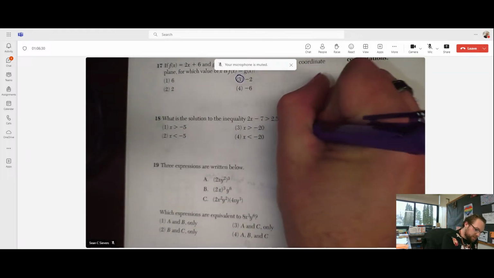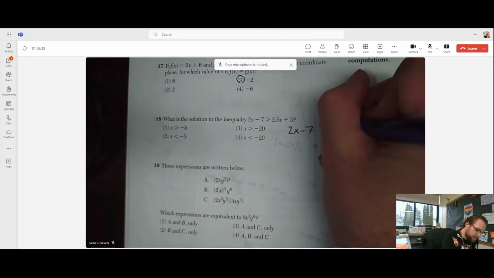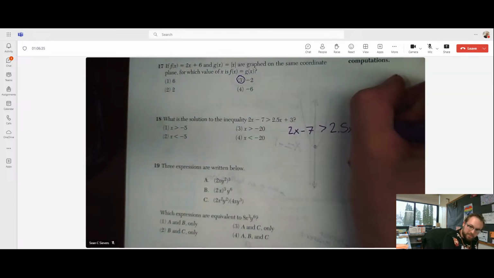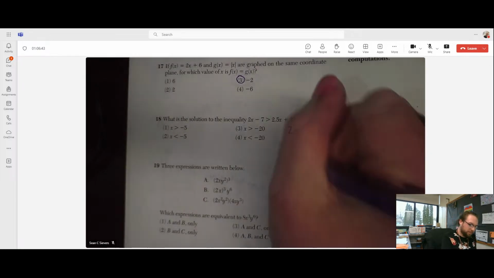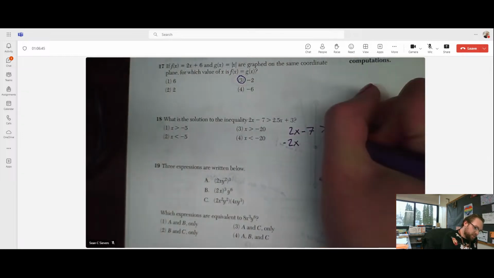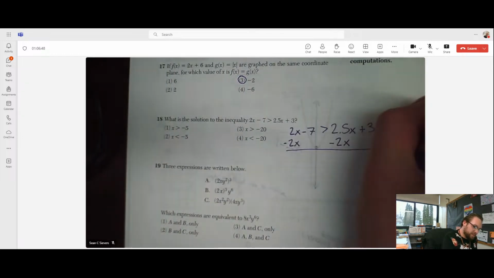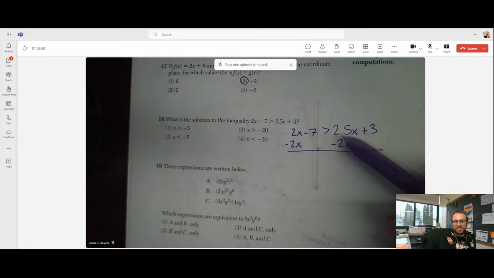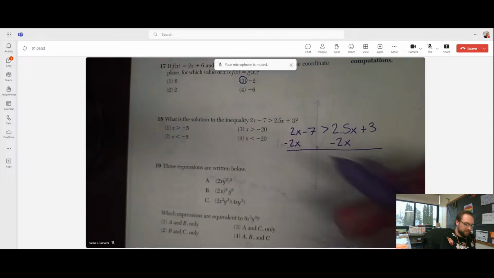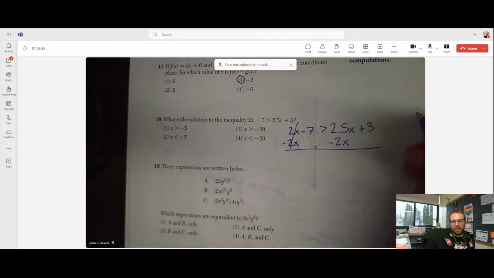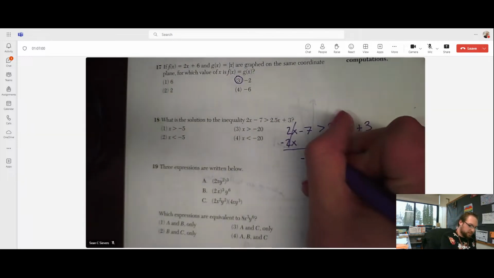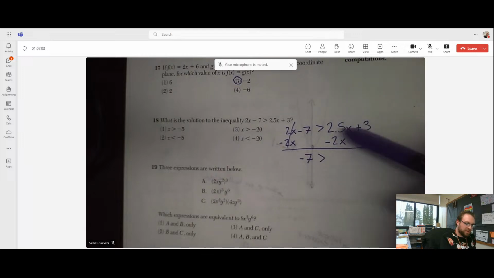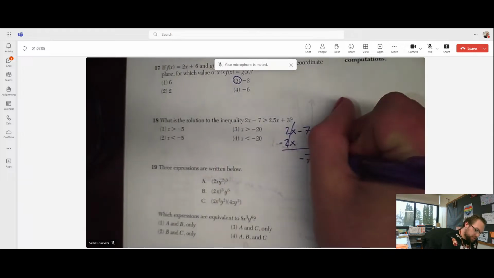So I'm just going to rewrite this. 2x minus 7 greater than 2.5x plus 3. I'm going to start by moving all of my variables to one side and then constants to the other. So I'm going to subtract 2x from both sides because I want to keep my x coefficient positive so I can avoid having to divide by a negative number. I'm going to bring down this negative 7 is greater than